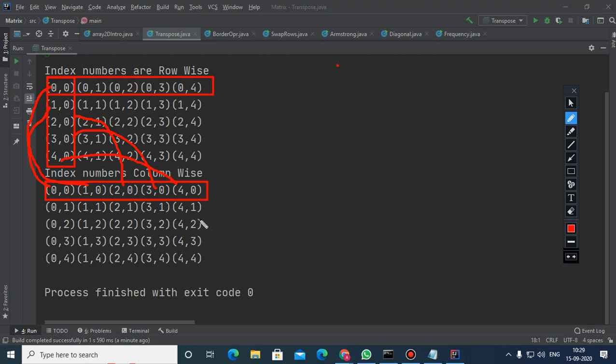So I'm traversing column wise, but printing has been done row wise. So the index numbers of the elements of the first column will be on the very first row. And same with the elements of the second column, the third column, the fourth column, and the fifth column.